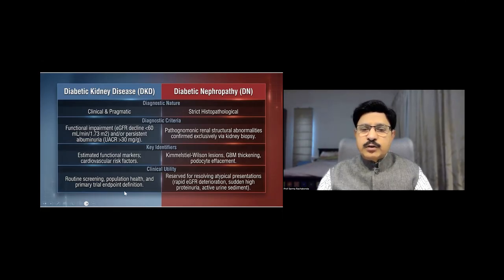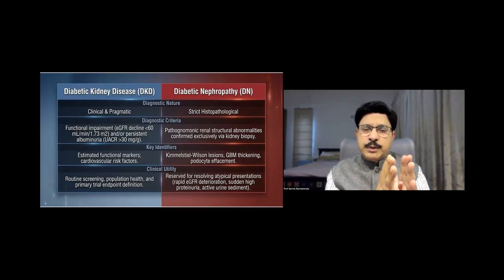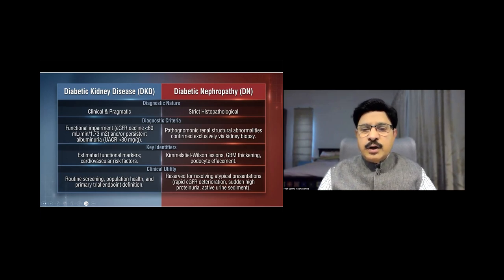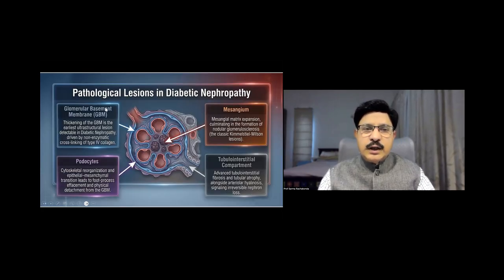That is the clinical diagnosis. But in an individual patient, biopsy is reserved for resolving atypical presentations: rapid eGFR deterioration, sudden or high proteinuria, active urinary sediment. Now, we are caught in a dilemma. One part is the clinical diagnosis, which is diabetic kidney disease. The other is diabetic nephropathy, which is histopathology based. Do we really need to distinguish them? Yes. As you can see here in this slide,